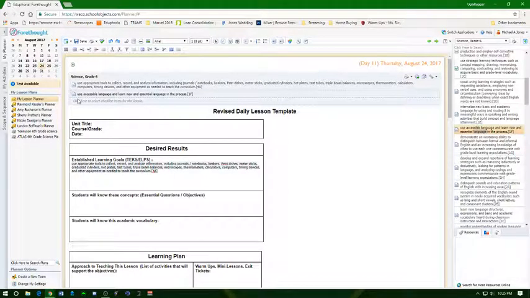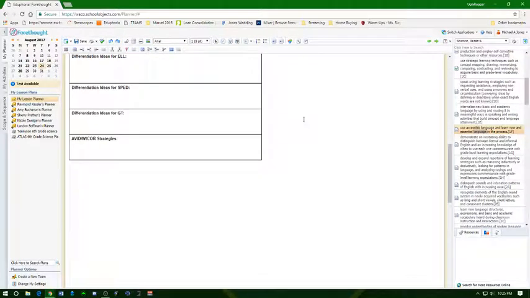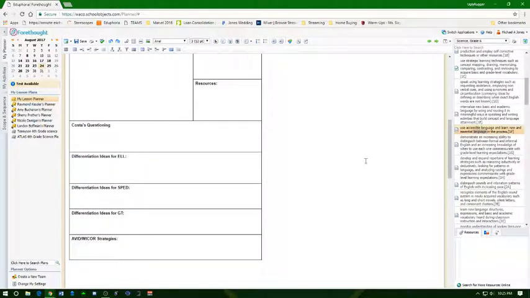Now for the ELPS TEK that we added to the lesson plan, use accessible language and learn new and essential language in the process. Okay, I can come down here to the differentiation ideas for ELL, and I can basically reword that into the language that best describes how you are going to do that for your classroom. So if we are going to take accessible language, so language that the student has available to them currently, to learn new and essential language, I could say